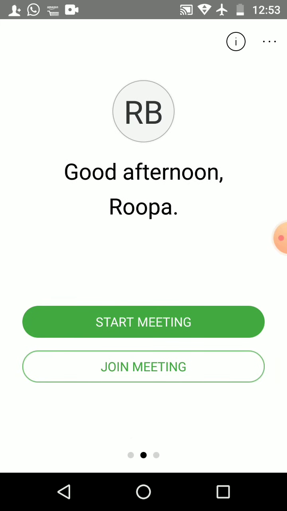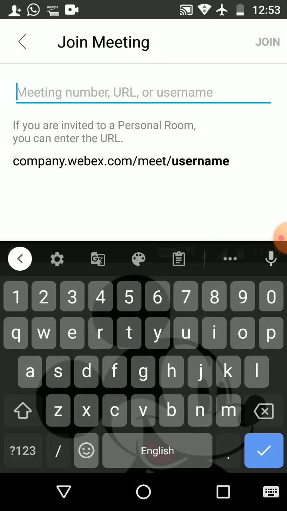The other one I would like to tell you about is joining a meeting. If you want to join somebody's meeting, you just go for join meeting. In join meeting, the number I showed you will be typed over here, and then you click on join. When I click on the join button, that particular meeting will be hosted. Clear? Children will be using this joining meeting. They will give the number here, and when they click on join, they will be asked for a password. You give that password, and you will join directly into the meeting.